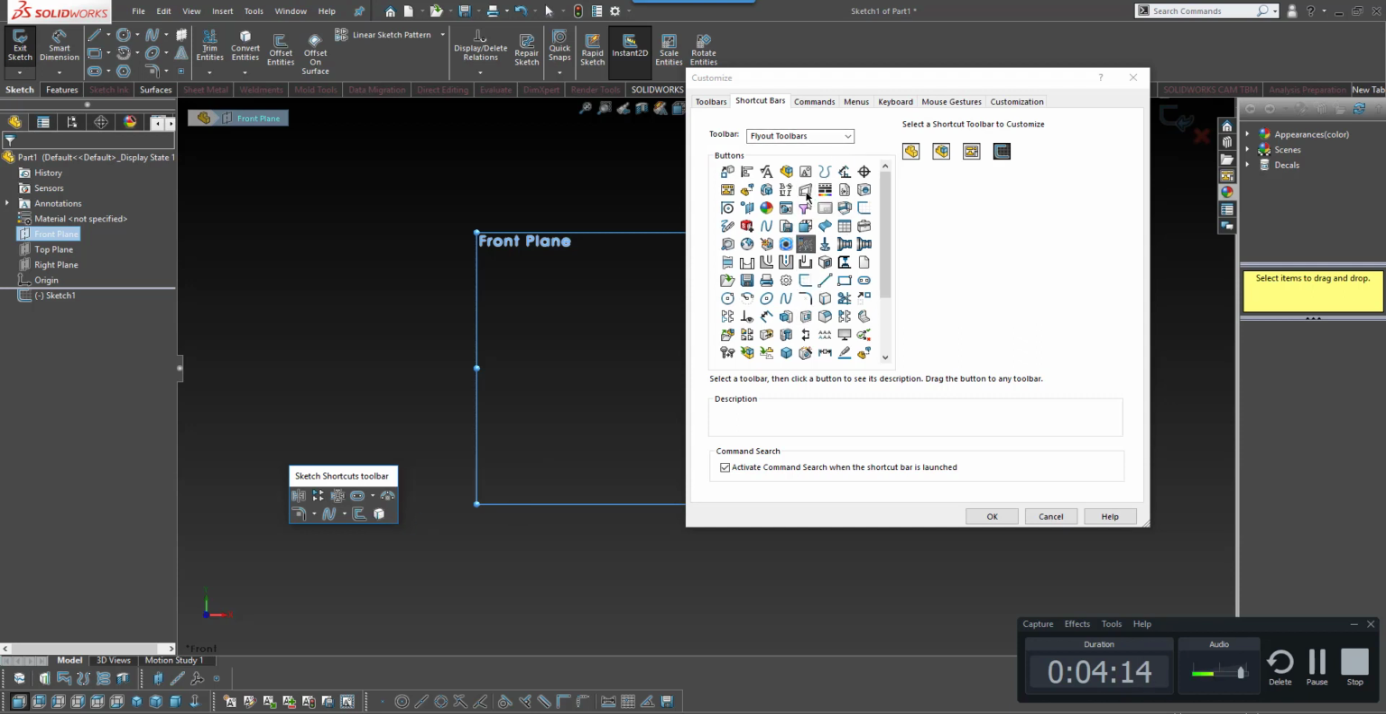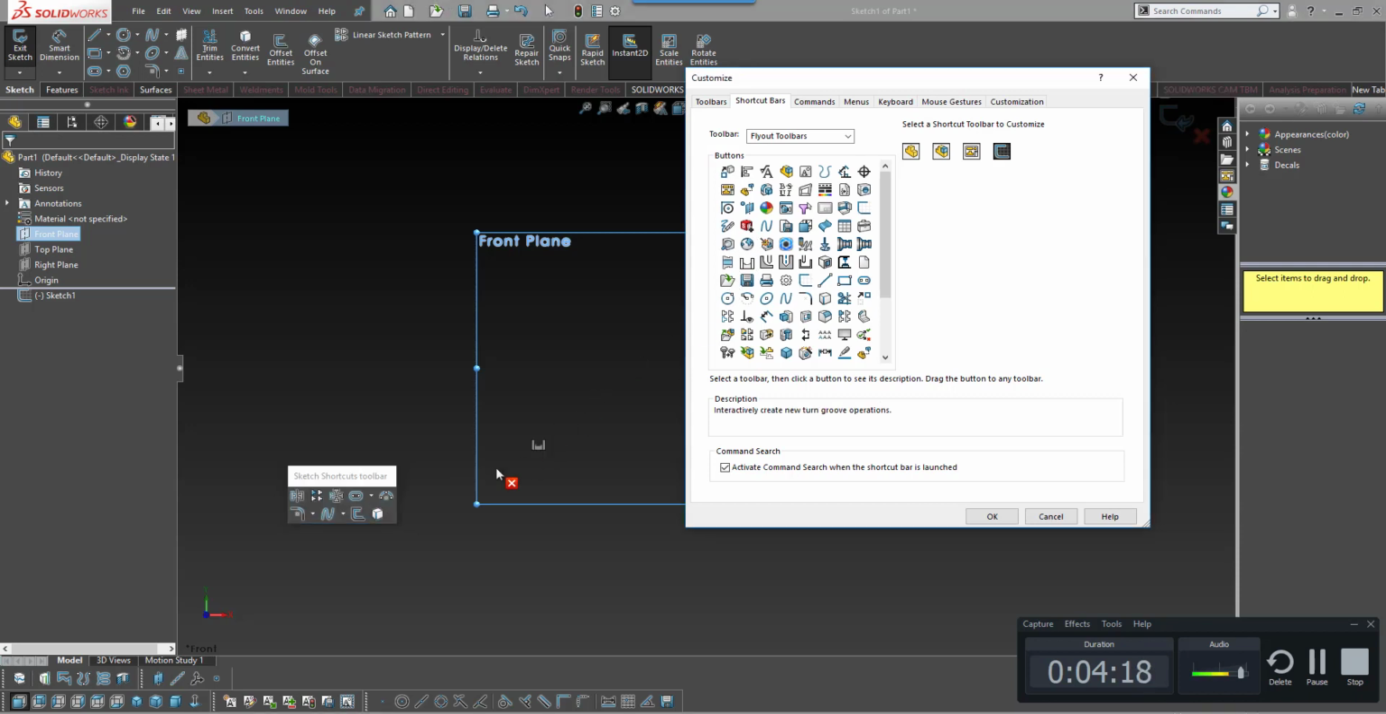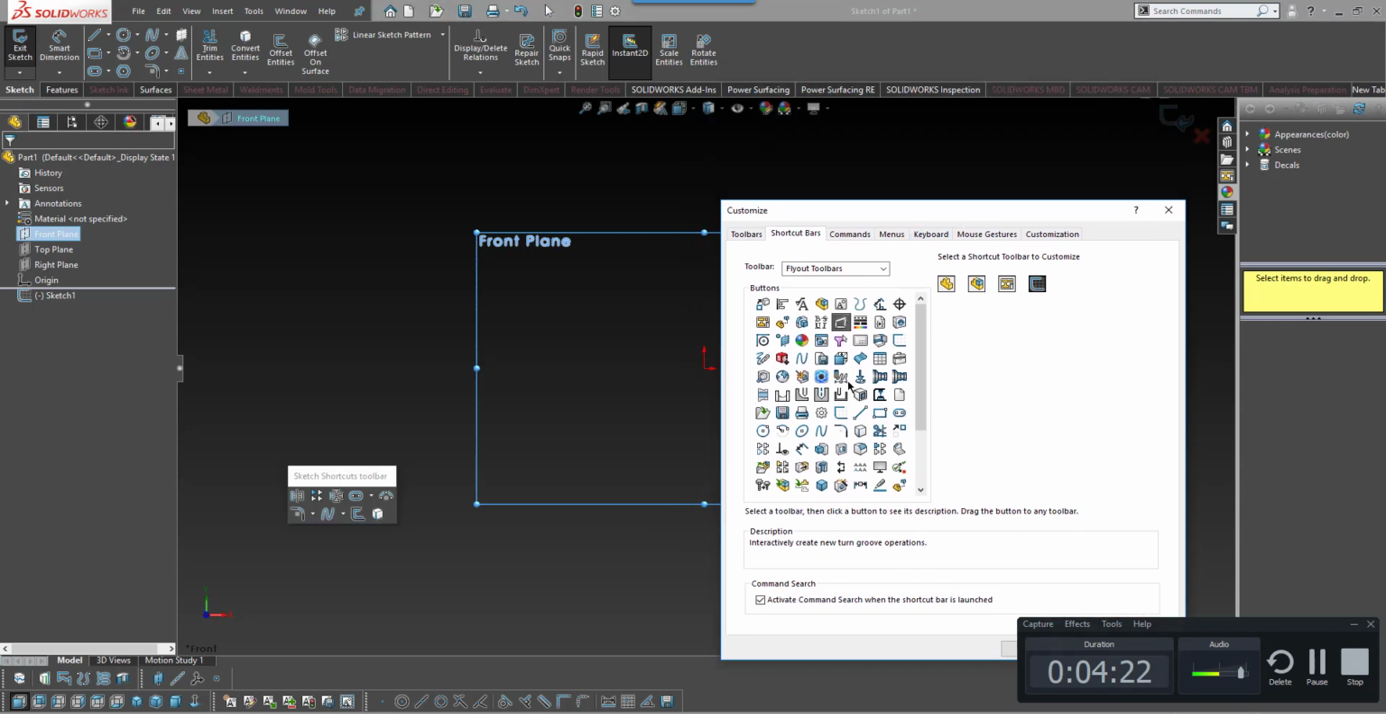And whatever you want, you can find it here, and you can just pull it and place it. Or, which is easier, I found, because a lot of times it's so hard to find stuff in here. Say you're looking for split entities,